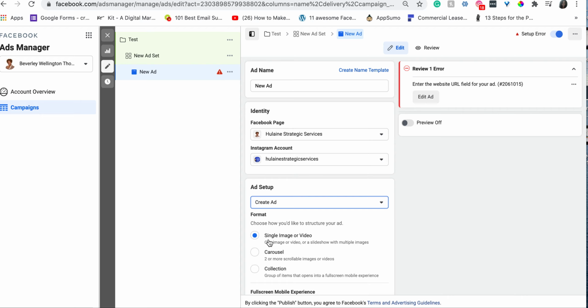Right, and this is where you decide, do you want it to be an image, a video, a carousel, which is, as it says here, 2 or more images brought together to make a video, or do you want to have a collection of images and videos? So we're going to do single image. And basically from here, you go to ad set,